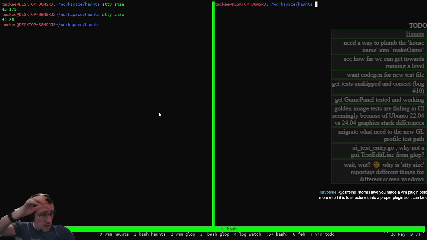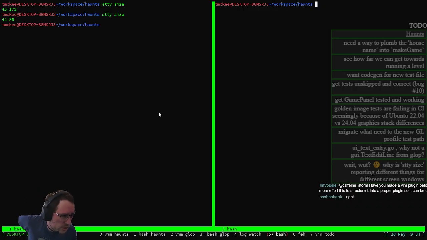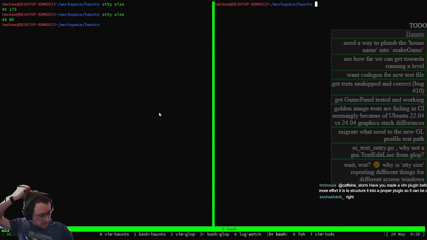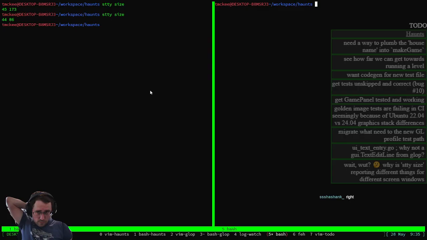Yeah, and have you made a Vim plugin before? Not one that I've distributed, because I'm not sure how much more effort it is to structure it into a proper plugin, so it can be cloned via plugin manager. Joshua says right. Yeah, that's pretty slick. Do you want any specific feedback? Anything you wanted